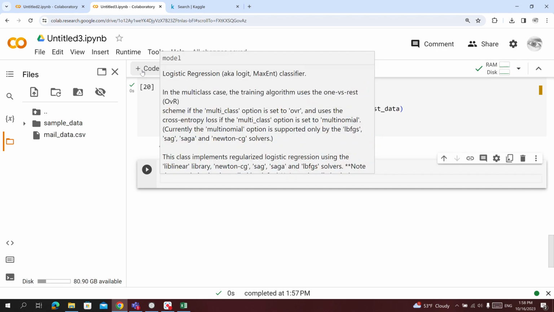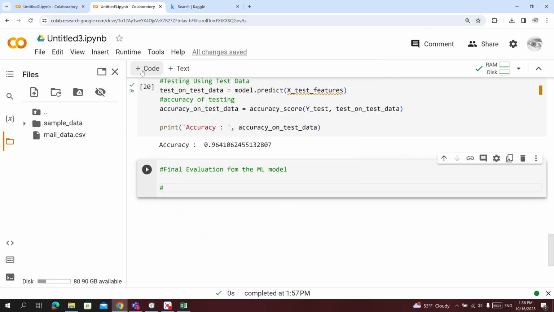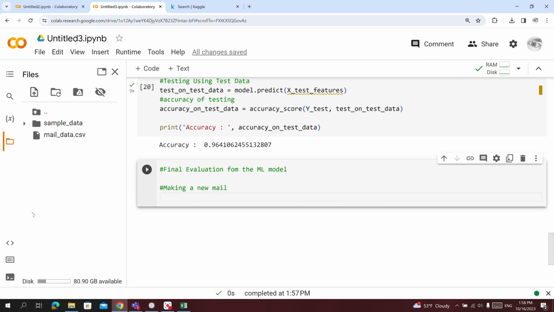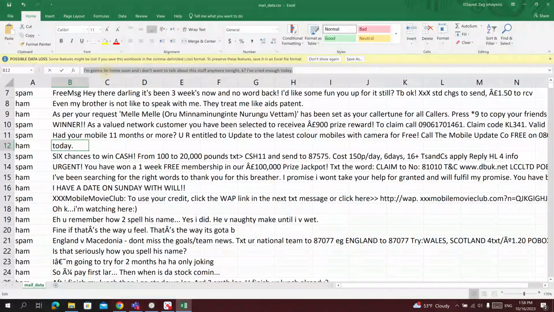And what I can do, I want to make up a new email. I will say make new, and for that I will go to my initial data source, and let's use any email that says that it's a ham, which for example this one tells it's a good data. So I will take it, copy,